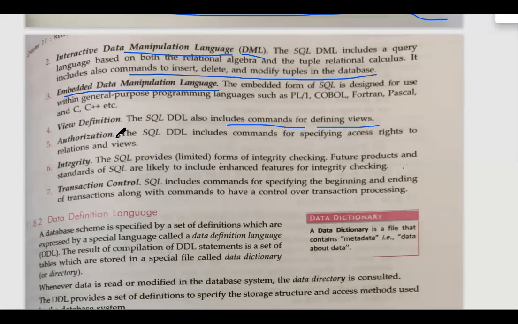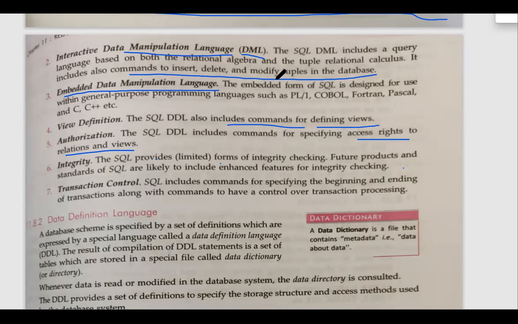We are not going to discuss it practically, but you must know that we can specify rights for a particular table, for a particular person, or for a particular employee. Not only for the table but also for the views. Like how many employees or persons can only see the table, meaning only display the part, or how many of them can only insert in it, and how many of them can delete.